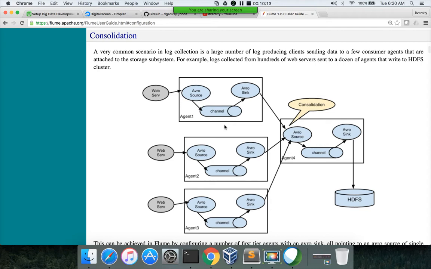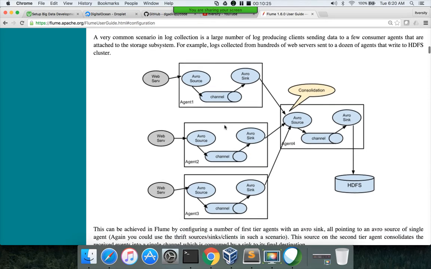And also when you have a distributed application, your application might be running in different web servers. The same application might be running in different web servers for load balancing purpose. In that case, you have to get the data from multiple web servers. So you have to consolidate data from all the web servers into one data set into HDFS before loading into HDFS.